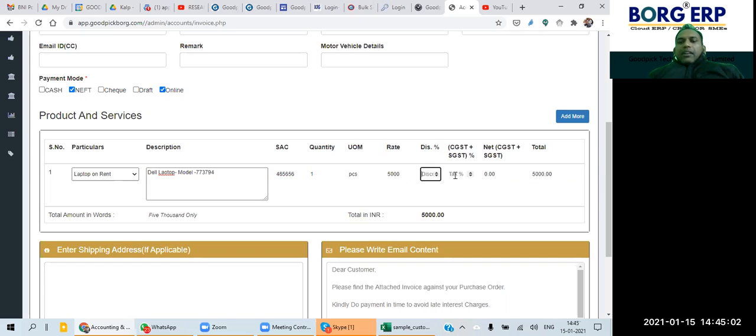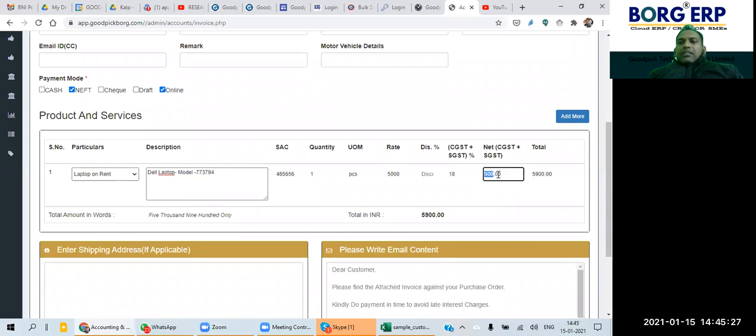Otherwise, leave it blank. This is a GST percentage. For example, this is for service. In case of service, as far as I know, that is always 18%. So I'll put 18%. You can see I have entered the detail, and the rest of the things and calculation have been done automatically by Borg. I have put the percentage only.